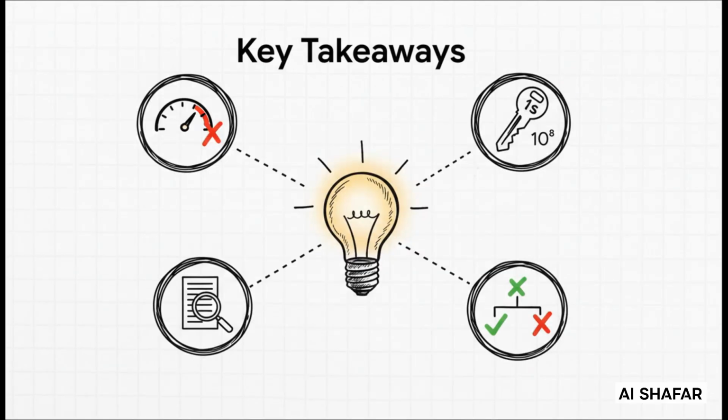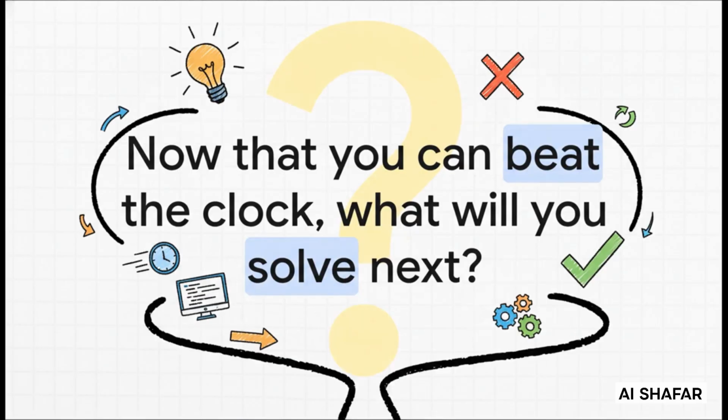So let's boil it all down. 1, TLE means slow, not wrong. 2, the magic number is 10 to the power of 8 operations per second. 3, always use the constraints to estimate how many operations your idea will take. And 4, choose an algorithm that fits within that budget. It's that simple. Once you understand this rule, TLE stops being a frustrating roadblock and starts being a helpful clue. It's a signpost that points you towards a better, more elegant solution. So now that you know how to beat the clock, the only real question is,